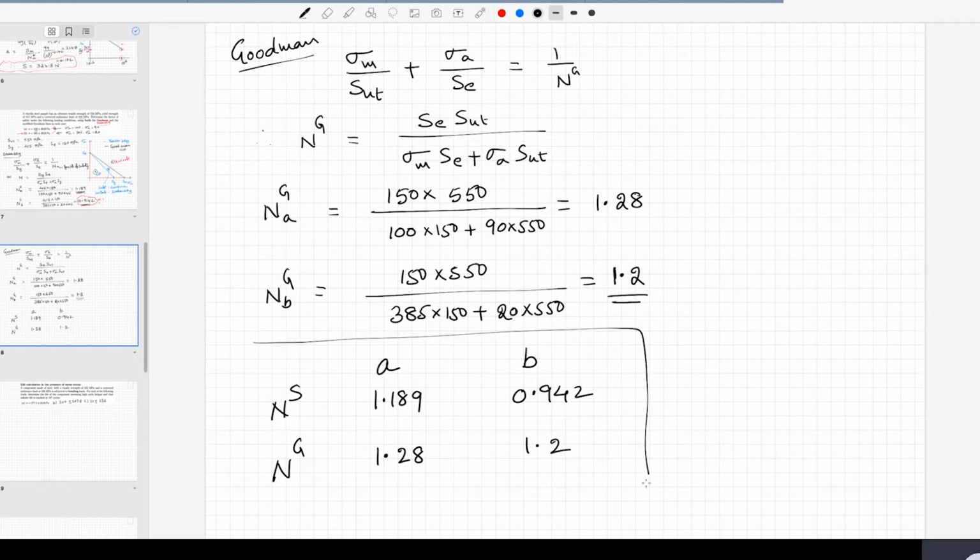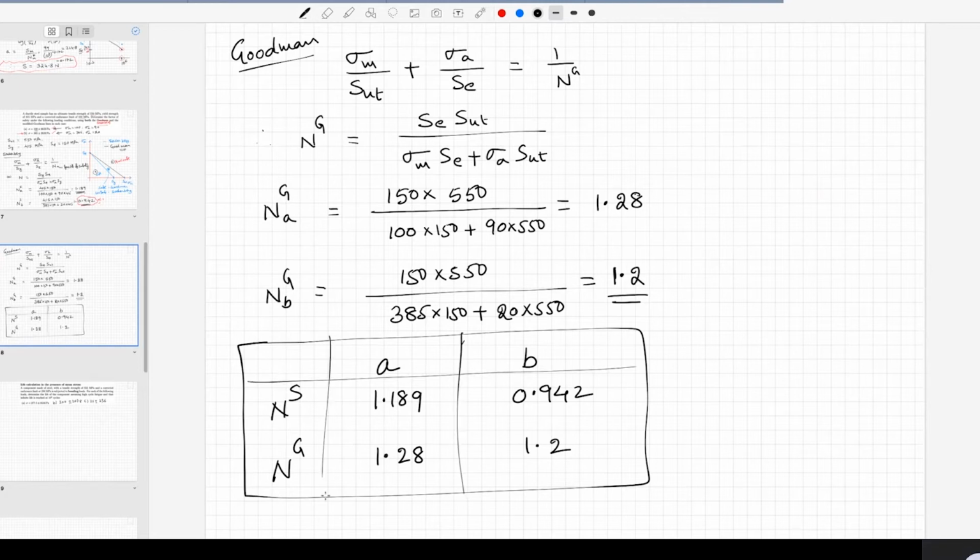If you carefully look at loading A and loading B, you can see that the factors of safety according to the Soderberg criterion are always lower than the Goodman criterion. According to Soderberg, you would have said that the material has failed, but actually it did not according to the Goodman criterion, and we know that the Goodman criterion is a better